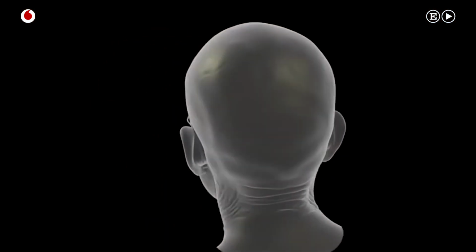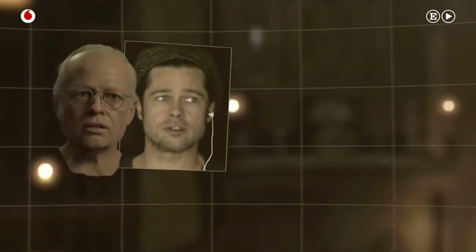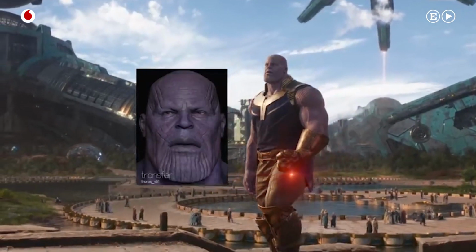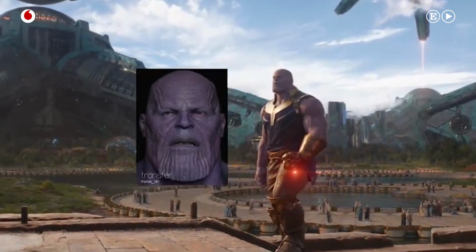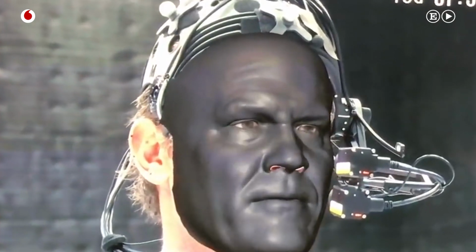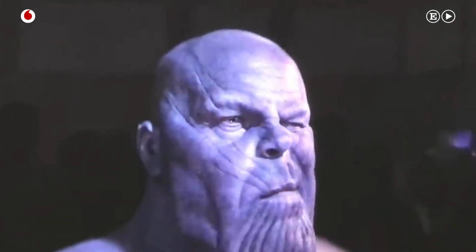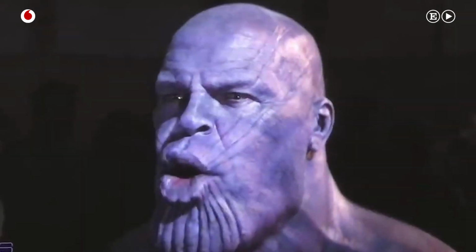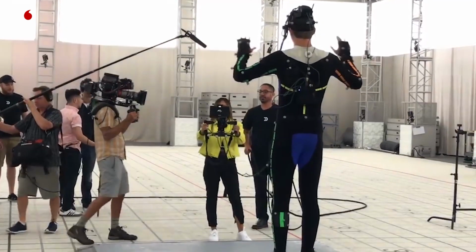At Digital Domain, we've done projects from The Curious Case of Benjamin Button, where we created a very, very old Brad Pitt, to other shows like Maleficent and Beauty and the Beast, where we took the actor Dan Stevens and transformed all of his performances, his body performances, and especially his facial performances, into the Beast. Most recently, we used a lot of this technology we've been building for Avengers: Infinity War, where we took Josh Brolin and took all of his on-set performances, where he was live with the other actors performing, and translated that onto Thanos. So we were taking all of Josh's body movements and then especially his facial movements.